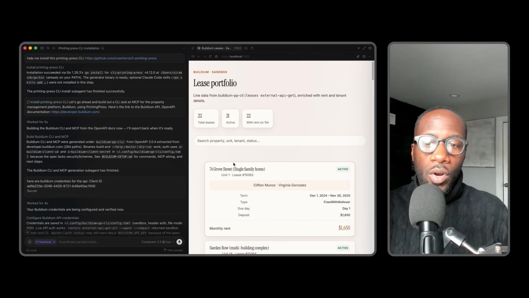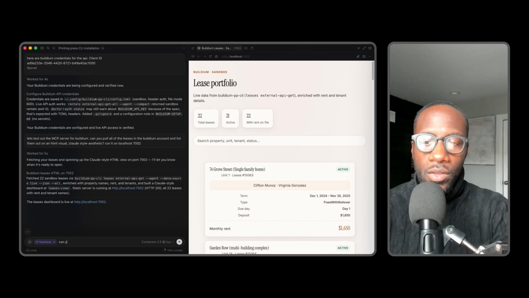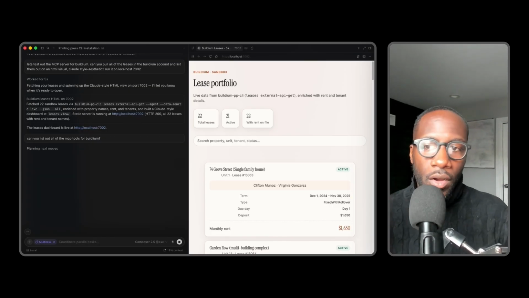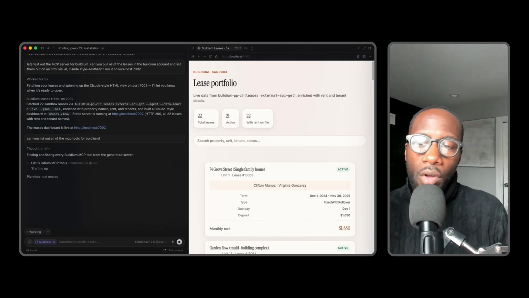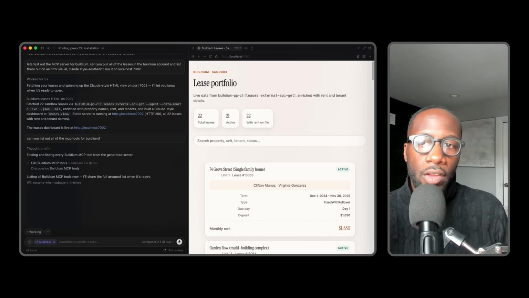You have different what are called tools. So if I go back to this chat and I say, can you list out all of the MCP tools for Buildium, these are all going to be just connections to the APIs, all the API endpoints, and all the different things that you can do with this MCP server. So you can pull in data, but then you can also take action. So you can also update tenant files. You can also